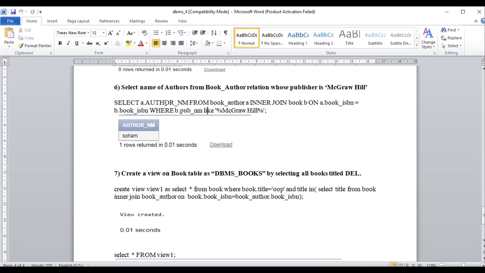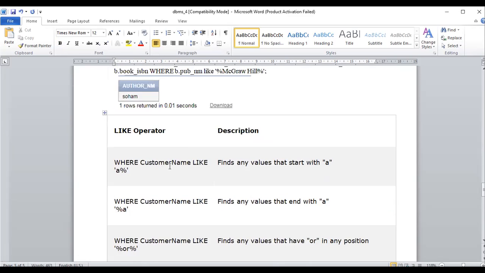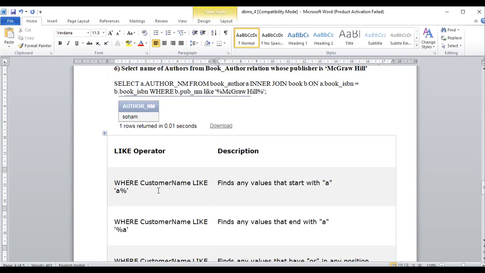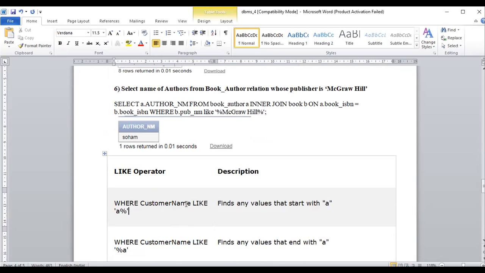So here I will show you the use of the like clause. All of you concentrate here on how to use a like clause in SQL, most important. Suppose we have to find a particular book name or customer name, any attribute available in the table, that starts with A. So whenever we write like 'A%', what is the basic use of the like clause?